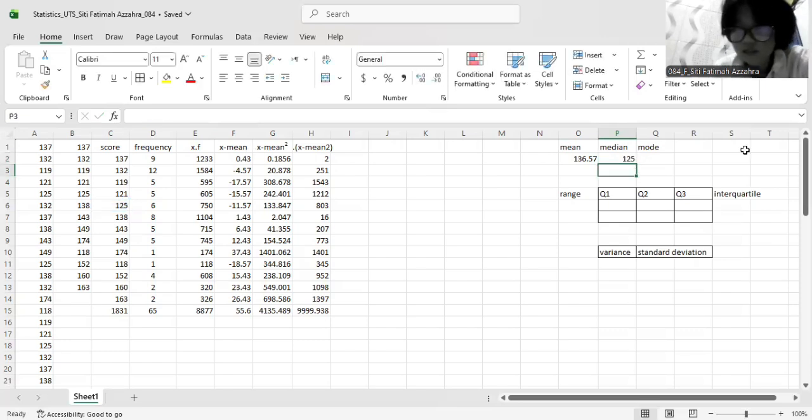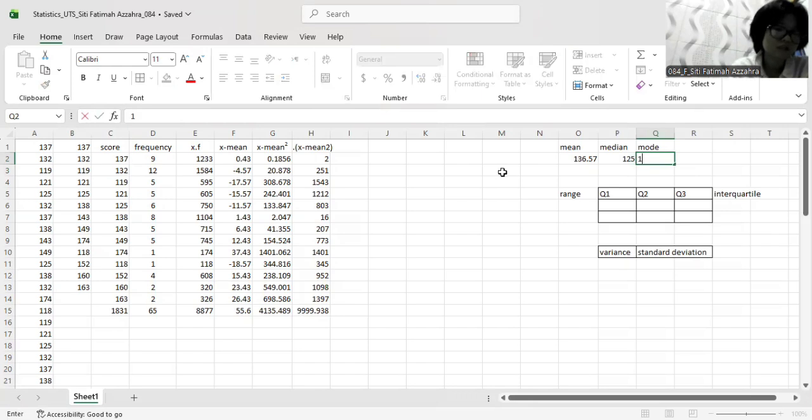So we found that it's actually right. The mode. First of all, you're gonna take a look at the frequency. Which one is the biggest number right here? 12. So, jadi yang paling sering muncul itu 12 kali, apa itu? Dan itu adalah 132. Dan kita mode itu adalah yang paling sering muncul dan kita tulis 132 di sini. Okay? And that's how you find mode.